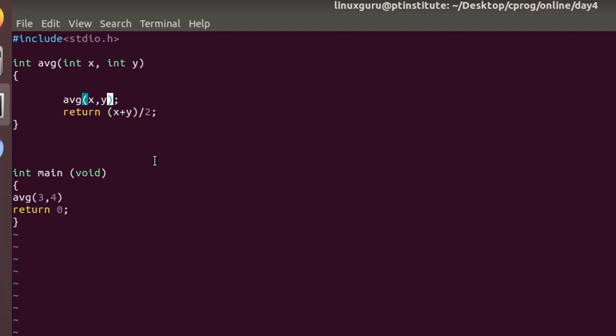This will lead to memory error, no? Yeah, so it will go to segmentation fault, because we are calling function again, function inside function. It will continue, keep going, and once the stack got overflow, once the stack got full, the system will crash and it will be segmentation fault.